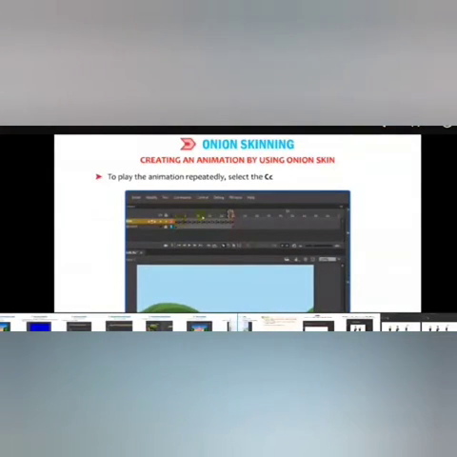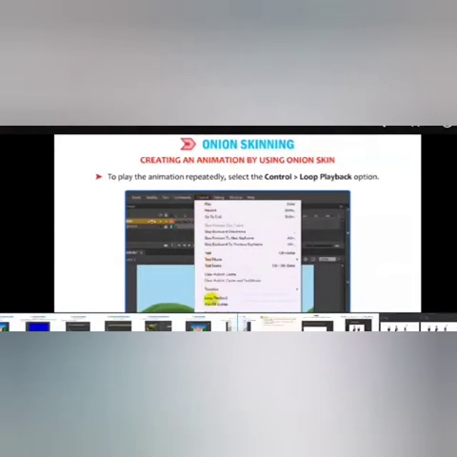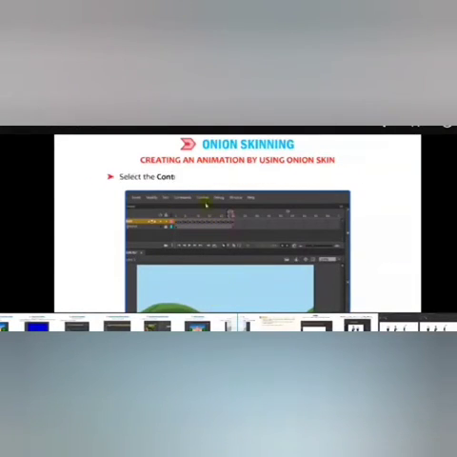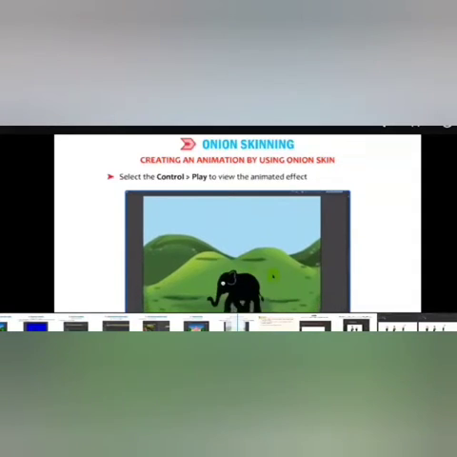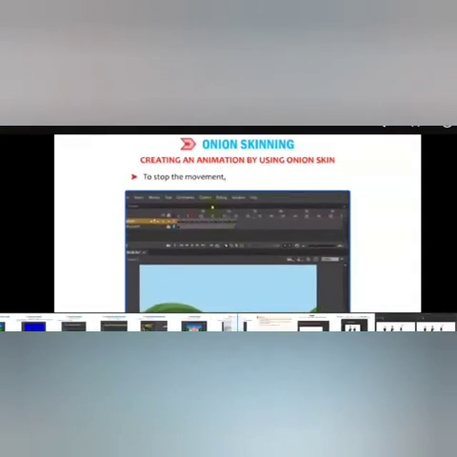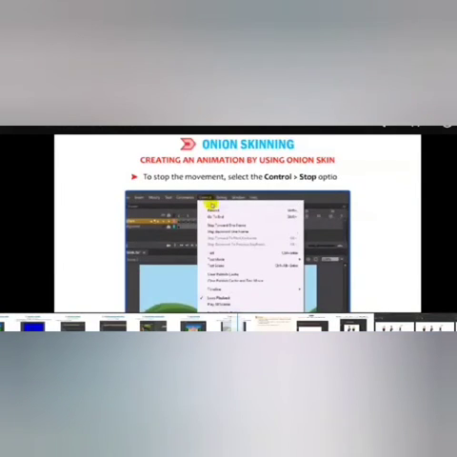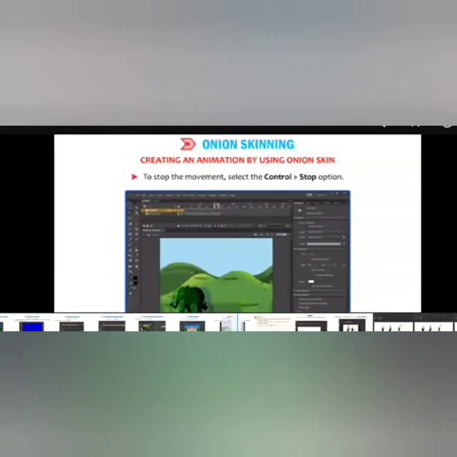Make changes in each new frame. To play the animation repeatedly, select the control loop playback option. Select control play to view the animated effect on the elephant. To stop the movement, select the control stop option.